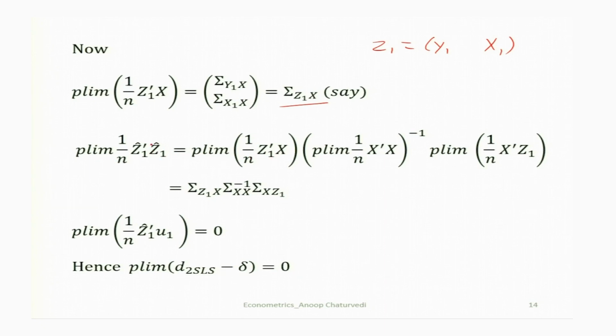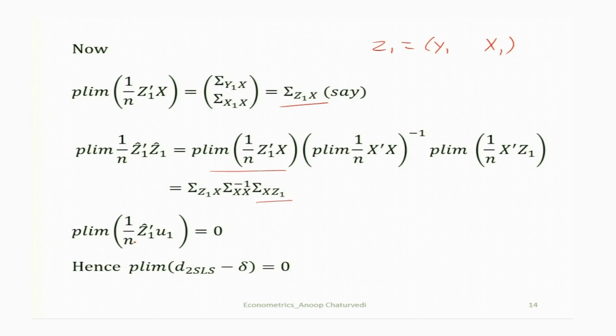We substitute the value of Z1 hat here. So you get Z1 transpose X, then the probability limit of (1/n X transpose X) inverse, then the probability limit of 1/n X transpose Z1, and we write this expression equal to sigma_{Z1 X}, then sigma_{XX} inverse, then sigma_{X Z1},